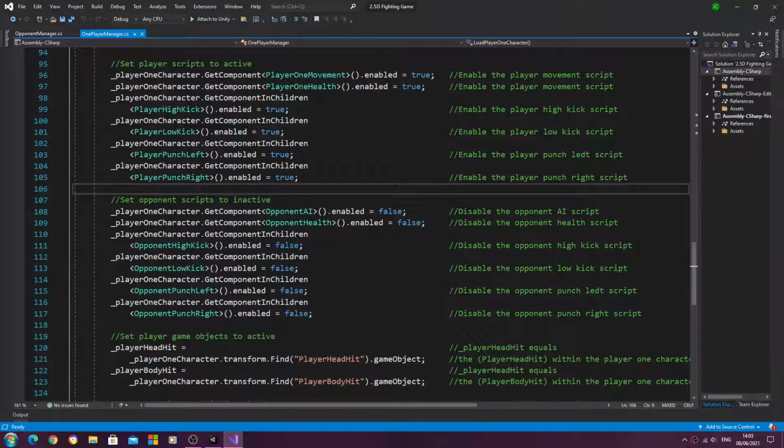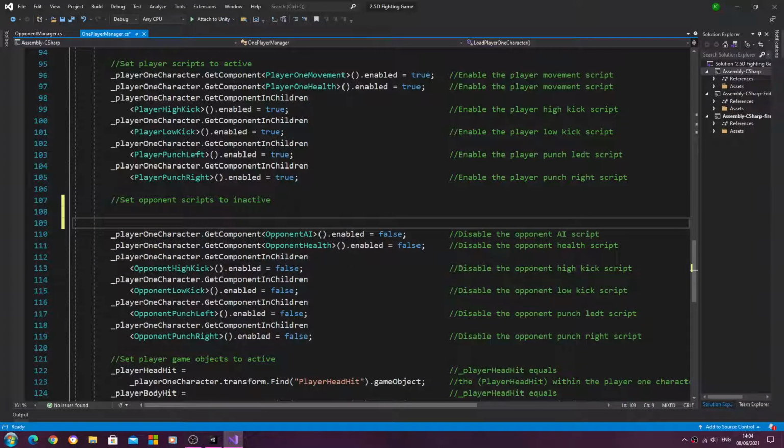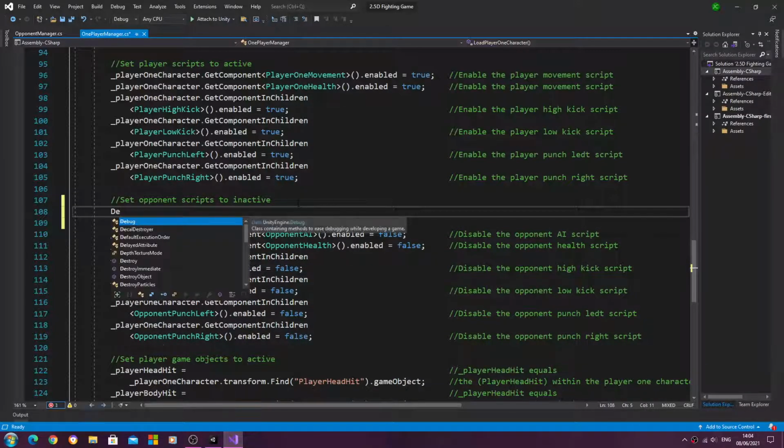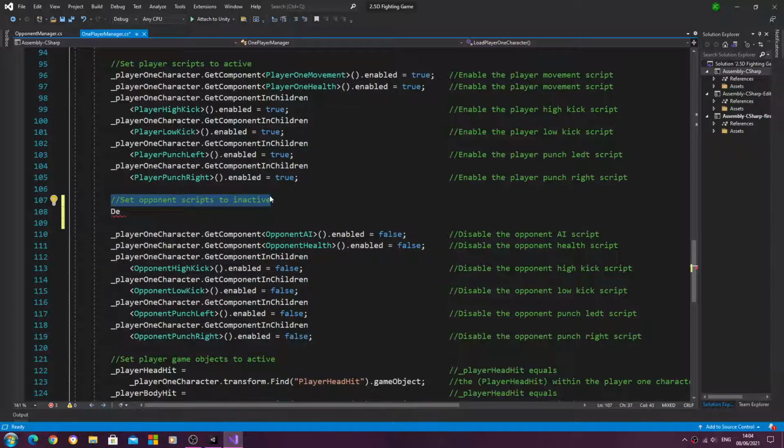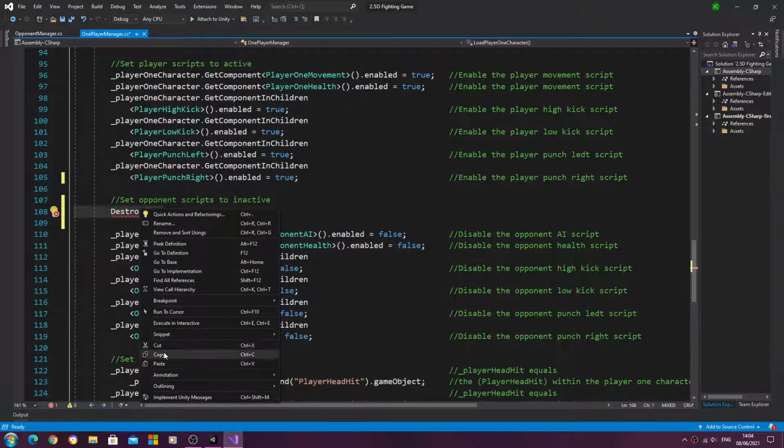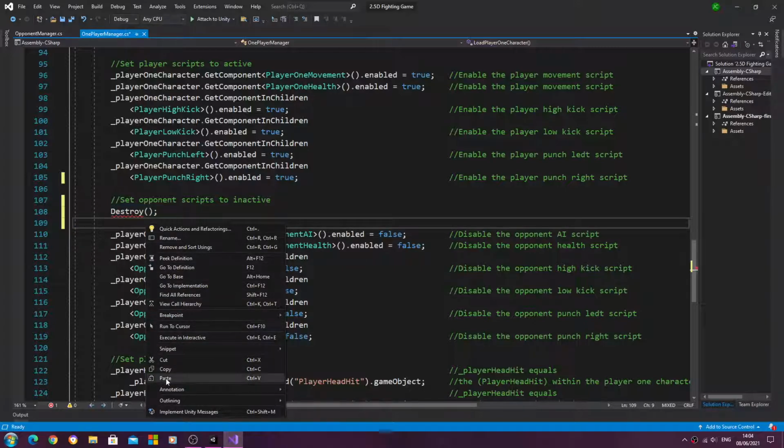Now I've never had this before in Unity. Setting everything to false is normally fine, but in this case it seems to be causing a little bit of issues, but we can fix that. Just beneath this comment, set opponent scripts to inactive, we're going to use Destroy. We'll open and close brackets, we'll close that line off. Now don't worry about the red error, but we're going to paste this in,